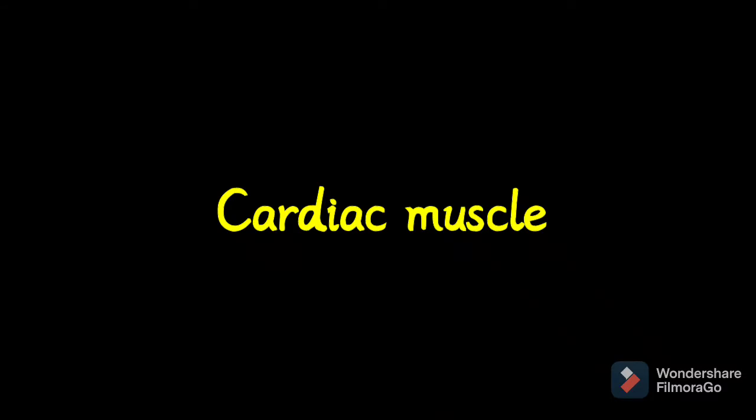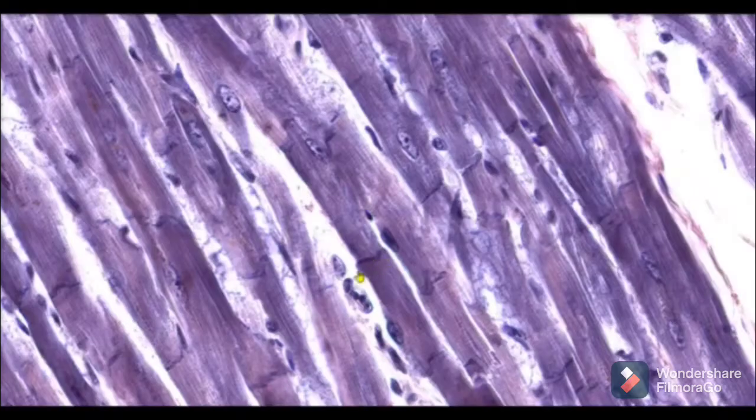Next we are having cardiac muscle. Cardiac muscle is present in the walls of heart. These muscles are involuntary in nature, that means these muscles are working daily. Each and every moment they are working. We can't afford these muscles to be at rest because one can die with that. So look at the structure of cardiac muscles. These are branched, they have bands on them, and these are uninucleated, that means one nucleus per cell.